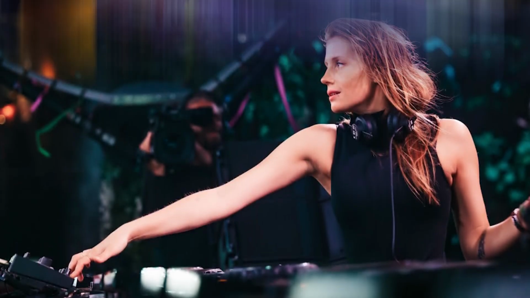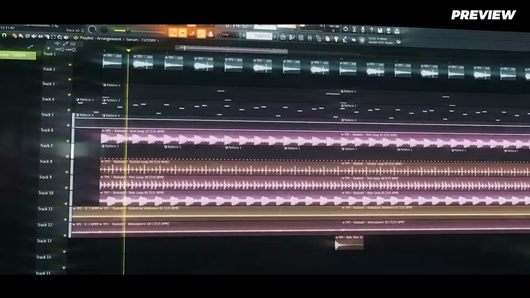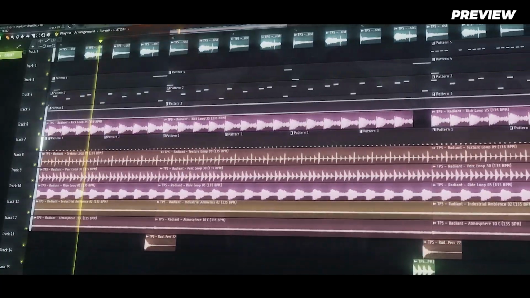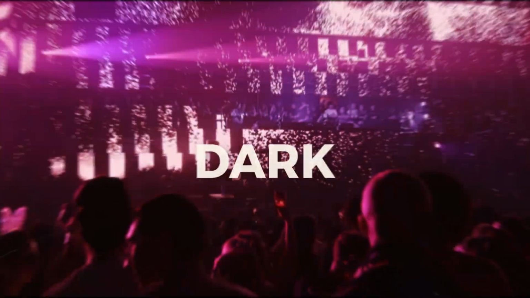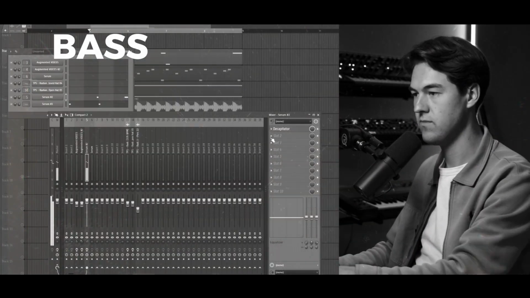Charlotte de Witte has become one of the most influential figures in modern techno music, where she's headlining big festivals and club scenes worldwide. She's known for her dark, hypnotic and high energy acid techno sound. In this video I'll be breaking down all the steps on how to make a track in a style similar to